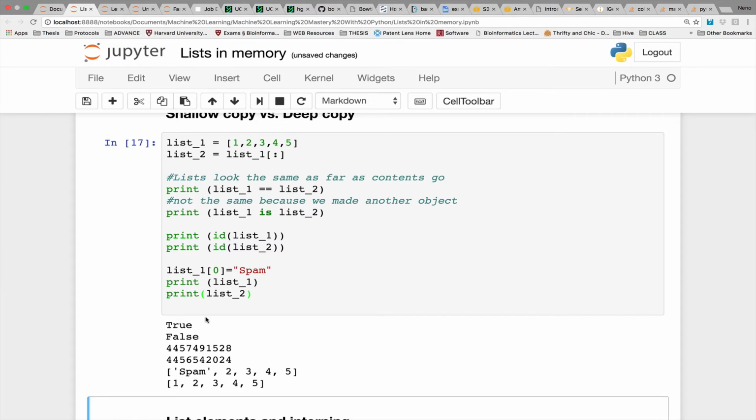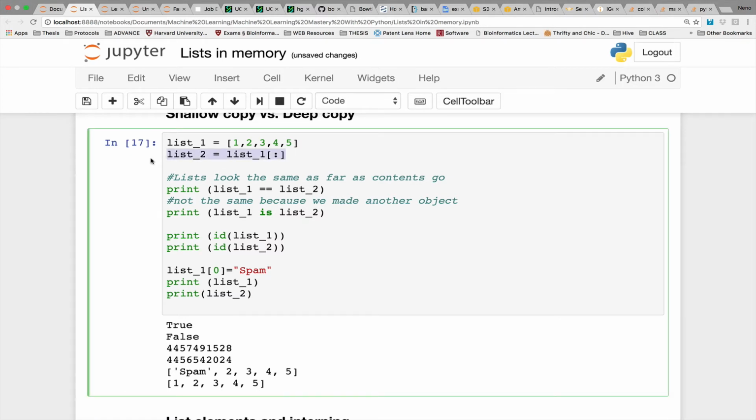And no. And the reason that that's no longer the case is because here we copied it to a new location, and now when we changed list1, we only changed this, which only list1 points to. List2 points to a completely different place in memory,